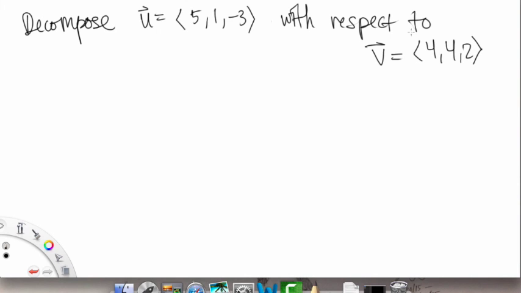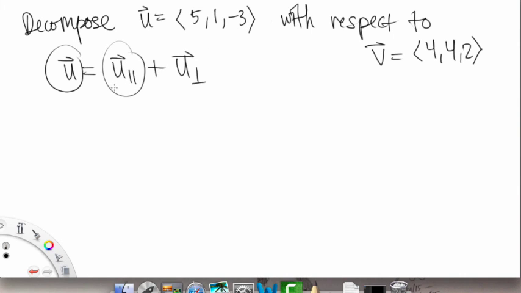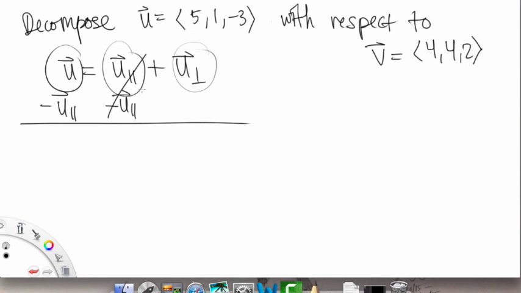Okay? So what we want to do is basically, to decompose something, we want to get it in a form like this. We just want to be able to write this equation, but with actual numbers in them. So the first thing I would do, we already have our left side. That's just (5, 1, -3). We do know how to find the parallel side. That's our projection of u onto v. And to find the last quantity here, all you have to do is subtract the parallel side over here, okay,